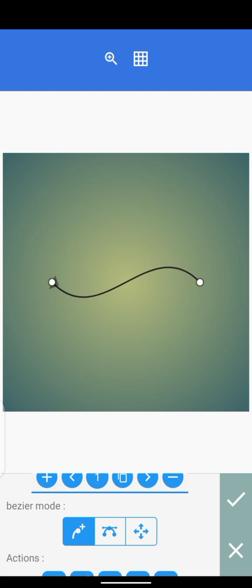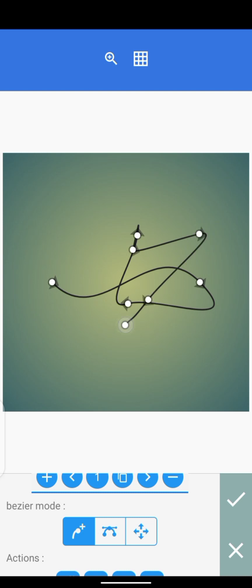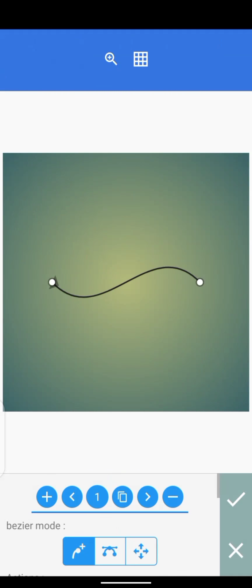In the Bezier mode, the first icon is to add point. If I click the first icon and tap on the screen, any point where I tap on the screen, there will be an extension of the curve to that point. So let me bring back what we have before. Next icon,